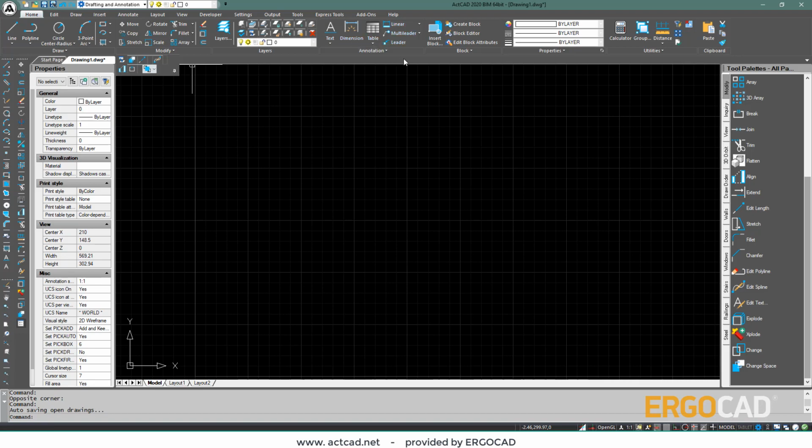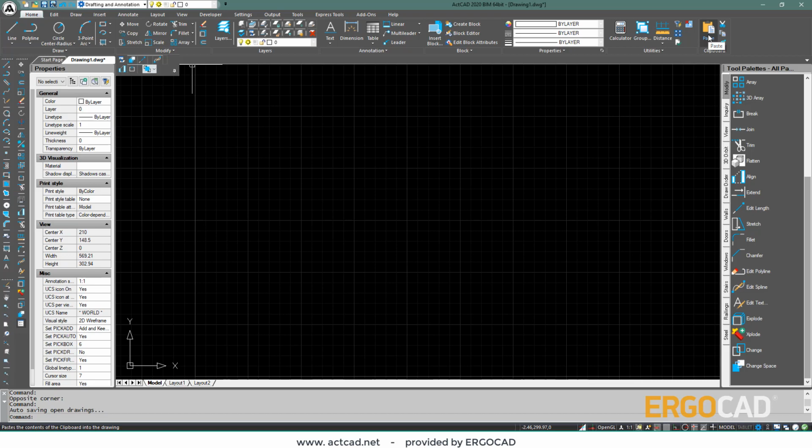The next field is about creating and editing block objects, which are a composition of objects that are usually repeated several times in a drawing, such as a door or a chair. From the Properties field, we can edit the properties of lines, such as color, style, thickness. Next, we find some auxiliary tools such as calculator, grouping and distance measurement. Finally, we have the Clipboard field with the copy, cut, or entity formatting for copying properties from one object to